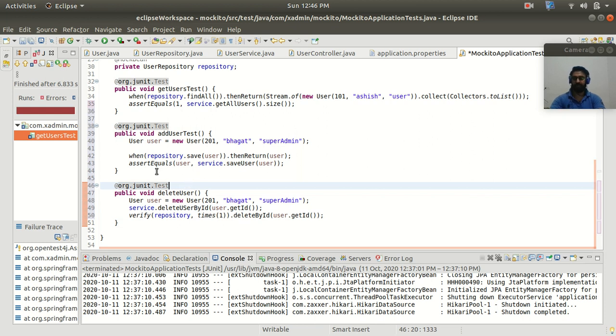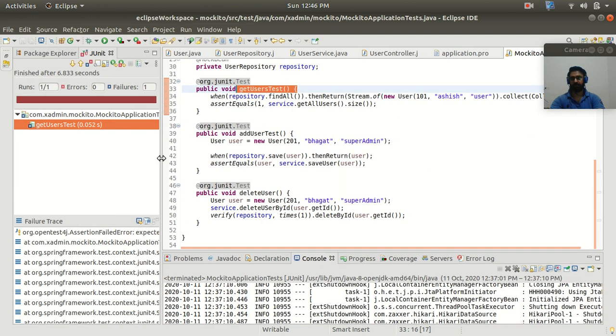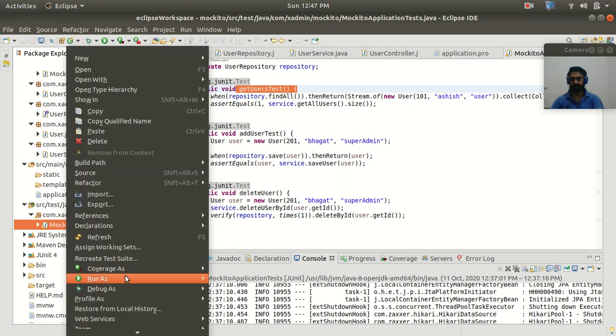So now let's test whether this testing is working or not. Already I have shown you the test user method. In this, I will show you the add user and delete user. So now let me run this package.